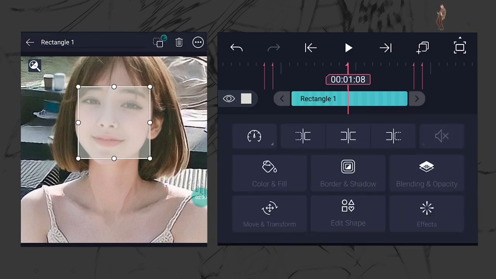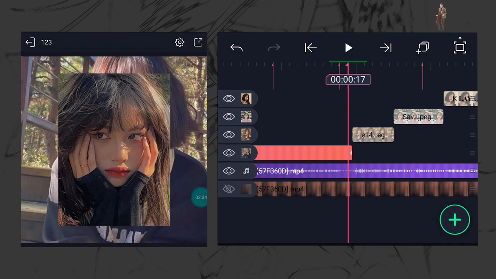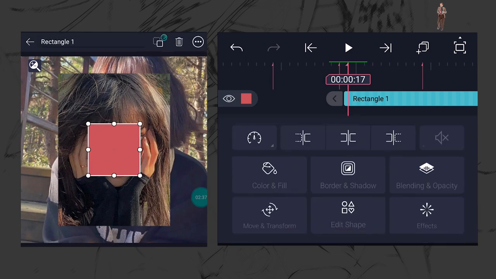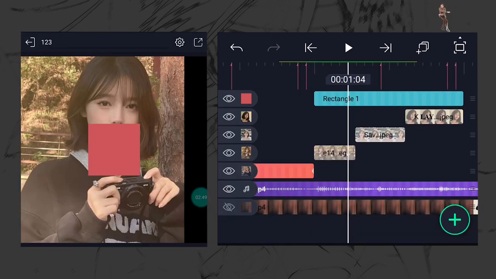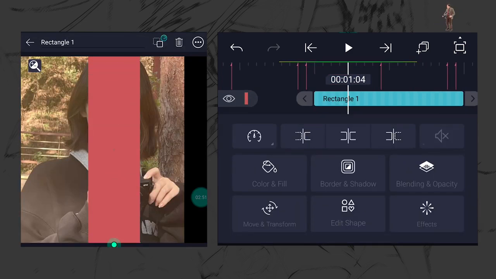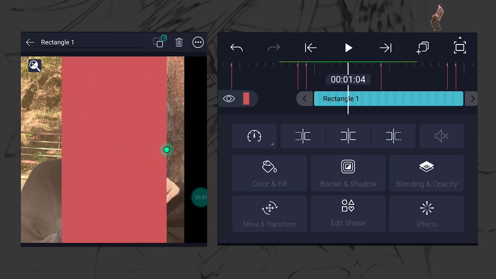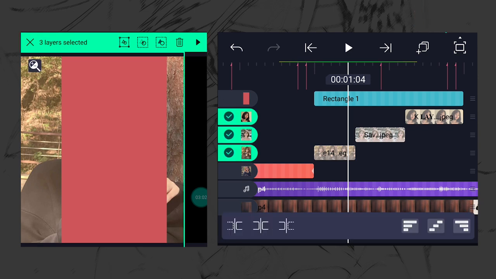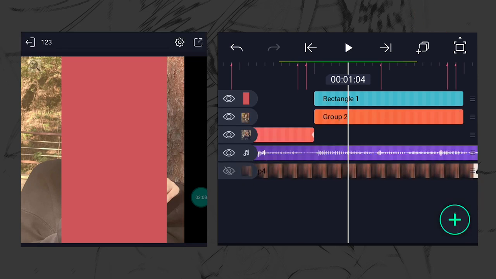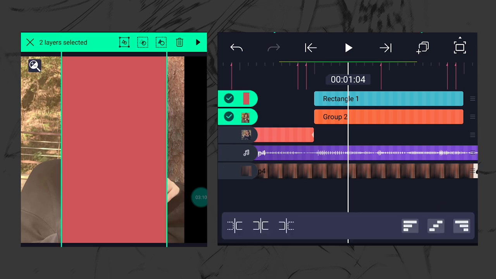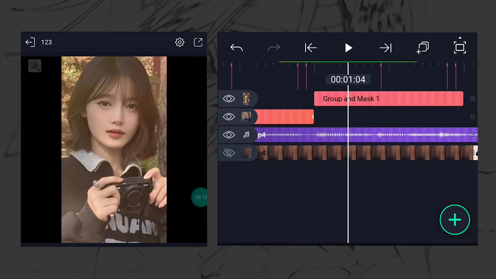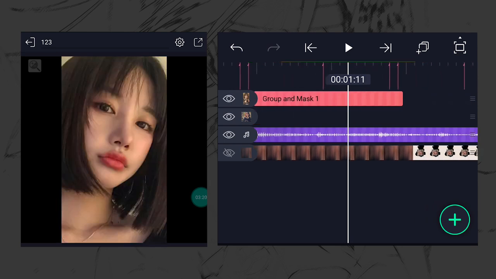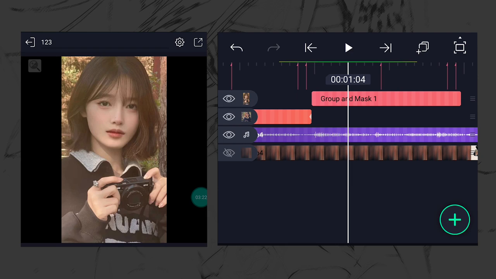Now we can delete this and add a rectangle shape. Now I'm going to crop it over here. Now I'll increase the sides like this and make it wider. This is okay, I think. Now I'll group all these images and then select the group and the rectangle and click here, and this will keep everything which is inside that shape. So now we have this group with changing images and we only have to animate this, which is super